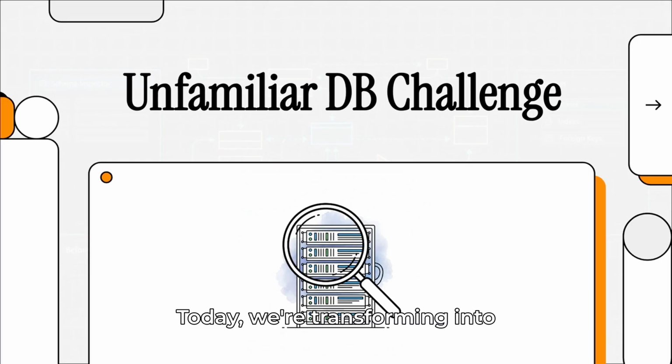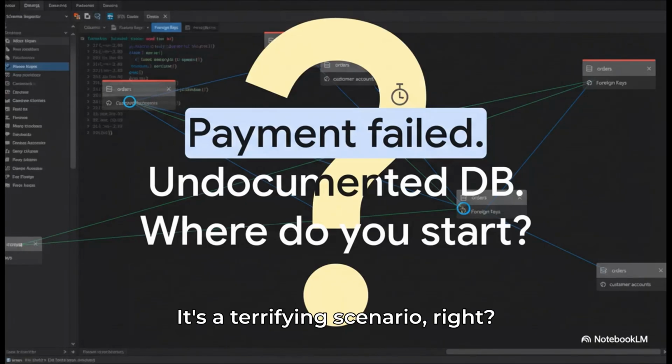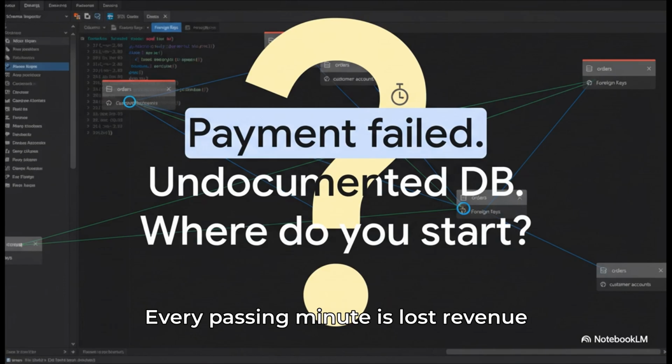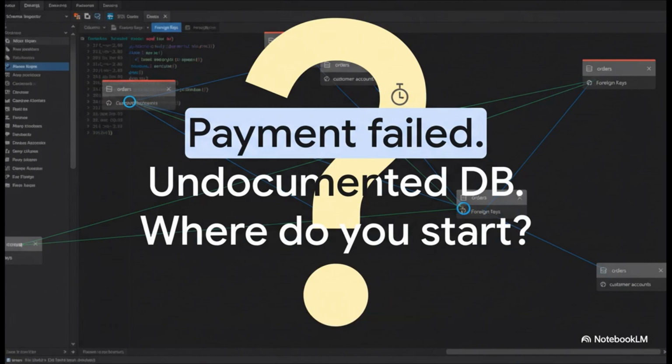Today, we're transforming into database detectives to tackle exactly this kind of problem. It's a terrifying scenario, right? You're plunged right into the harsh reality of a live, high-stakes support ticket. You don't know the schema, you have no clue about the table relationships, and man, that clock is ticking loud while customers are seeing error screens. Every passing minute is lost revenue and growing frustration. You know you need to fix this fast, but where do you even begin your investigation when you are completely